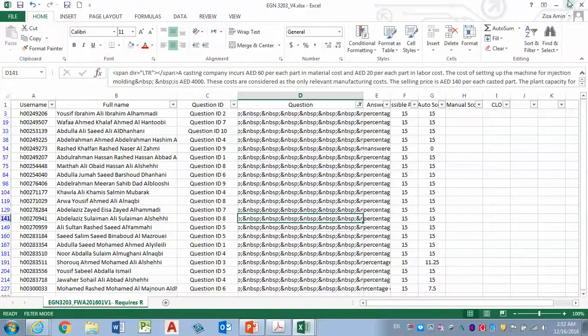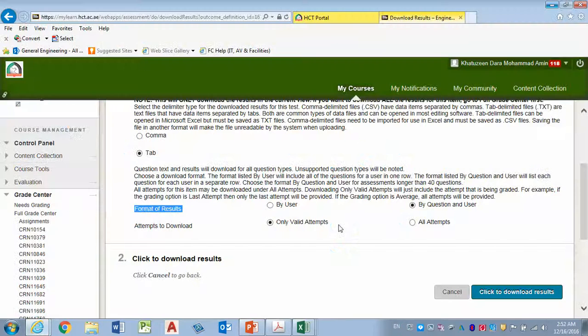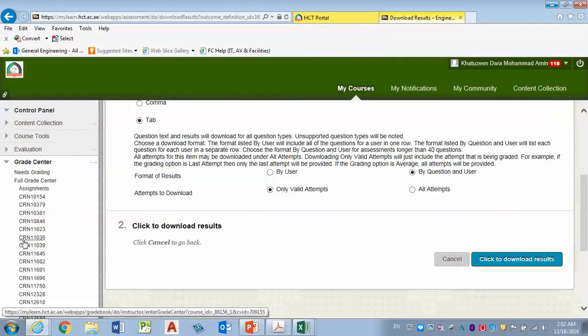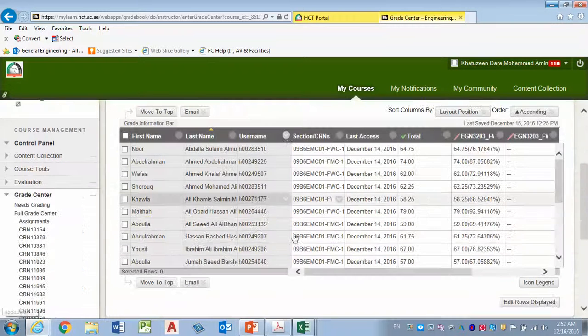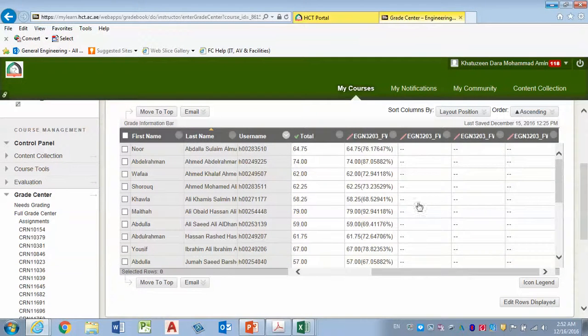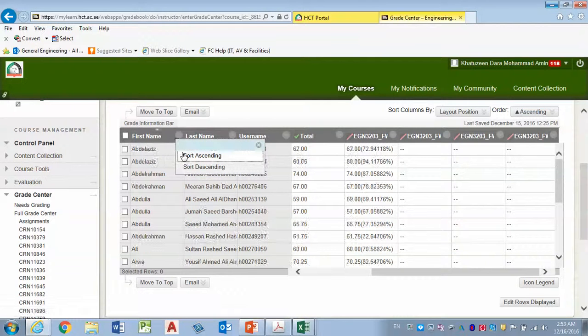Now, before I go to extracting the key answers, I just need to double check. If I want to check the grades for each student, I would say ascending is the easiest way. So I have first name, ascending,